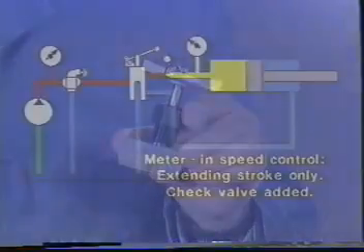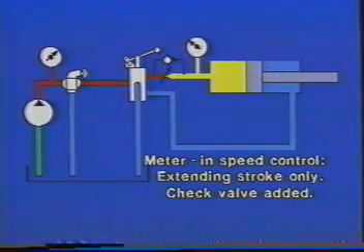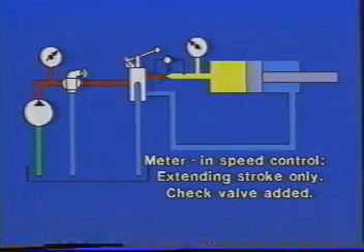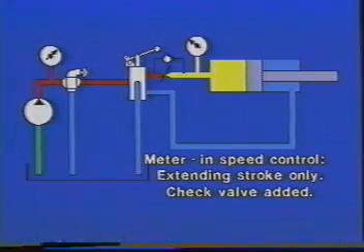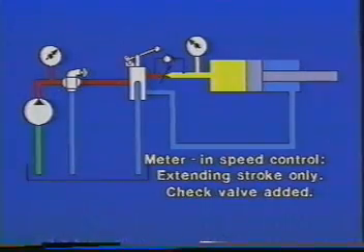Here we have a fixed displacement pump, a relief valve, a variable orifice or flow control, and the cylinder. If the pump delivered 10 gallons per minute and we wanted to cut the cylinder's piston speed in half, we would adjust the flow control to pass only 5 gallons per minute. However, since it's a fixed displacement pump, if we allow only 5 gallons per minute to pass through our flow control into the cylinder, the other 5 gallons have no choice but to go over the relief valve at the